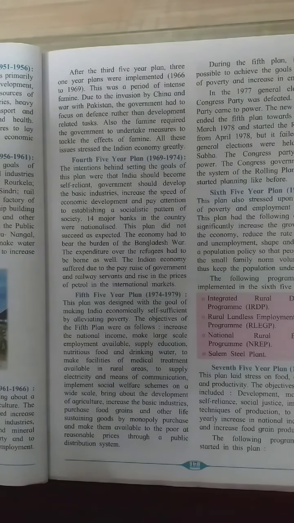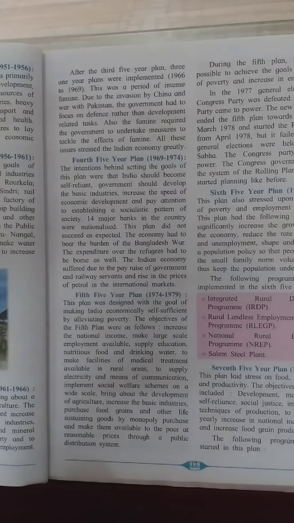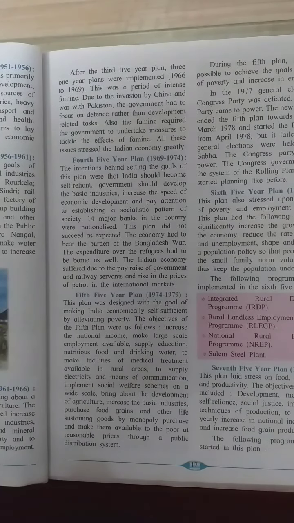Now, these are the 5 year plans. You see the first 5 year plan, second 5 year plan, third 5 year plan, fourth 5 year plan, till ninth 5 year plans are there. So, we shall go to the fourth 5 year plan, and each 5 year plan takes into consideration certain issues, and they deal with those issues and try to bring about change. Now, in the fourth 5 year plan, what is there?